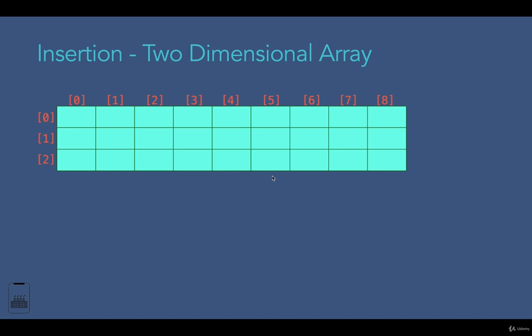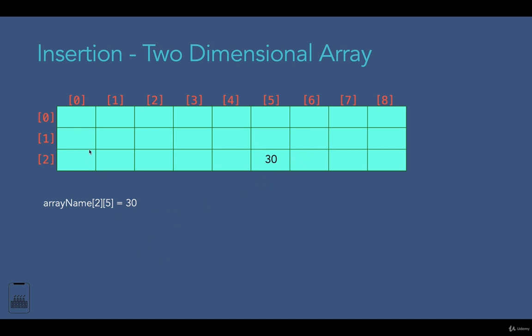So in our array we have 3 rows and 9 columns. For example, if I want to add an element to the 3rd row and 6th column over here, in which the row index is 2 and the column index is 5, I just need to put the array name, then the row index, then the column index. Now you see that the row index is 2 and the column index is 5. Then we are assigning a value to it. After assignment it's going to insert 30 over here.